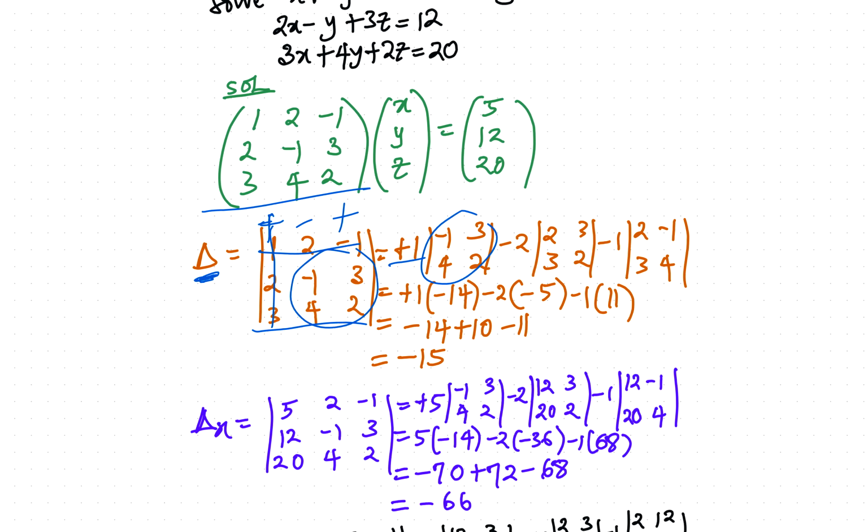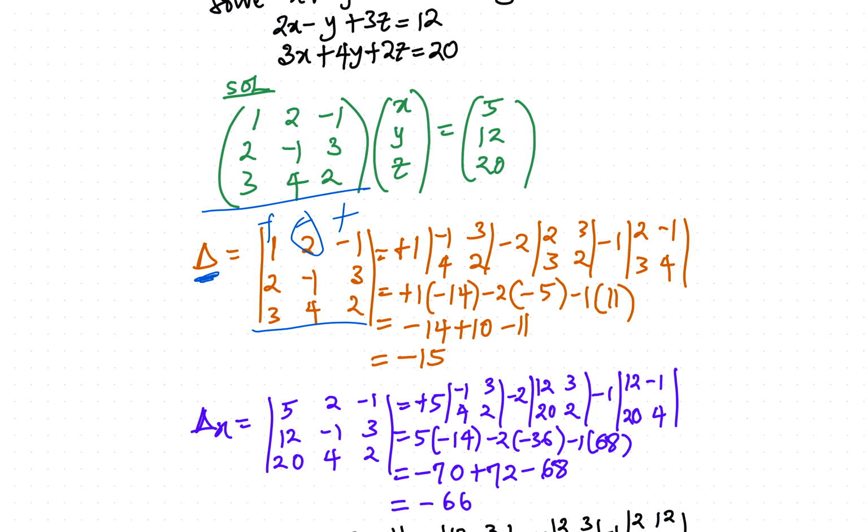Next thing, you have minus 2, this minus 2, and that's what is here. And then you cross the column to which it belongs and the row to which it belongs. What do you have left? 2, 3, 3, 2. And that's why you have this here. Okay, then the last one would be